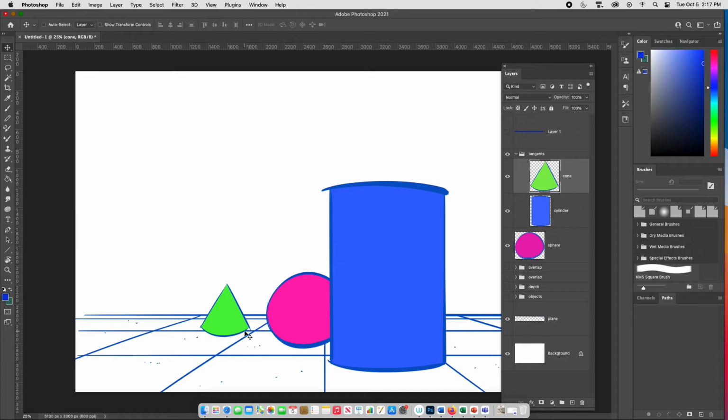And sometimes tangents in a composition can be very difficult to spot, and you just have to be aware of it as you're working. At the planning phase, you want to make sure that when you're creating your thumbnails or you're doing your sketching, that you are not having objects share the same edge. So, this is just a very, very basic